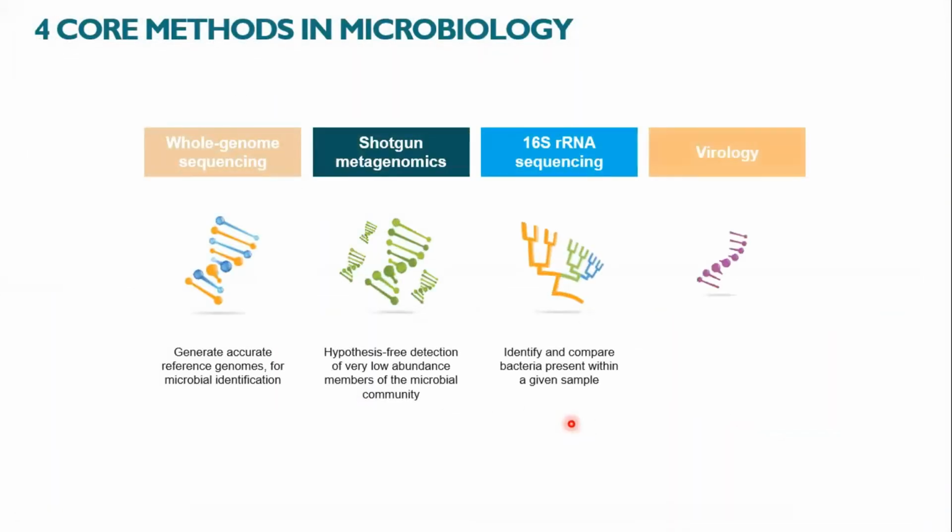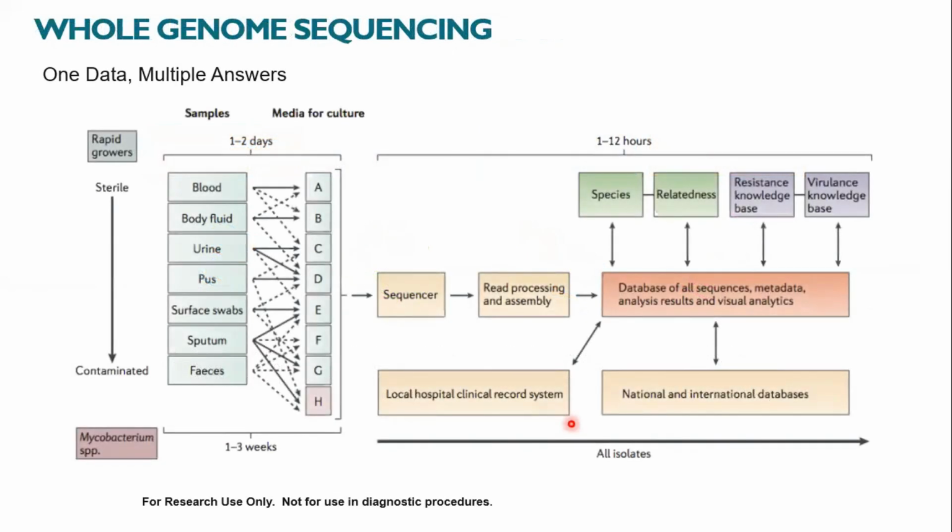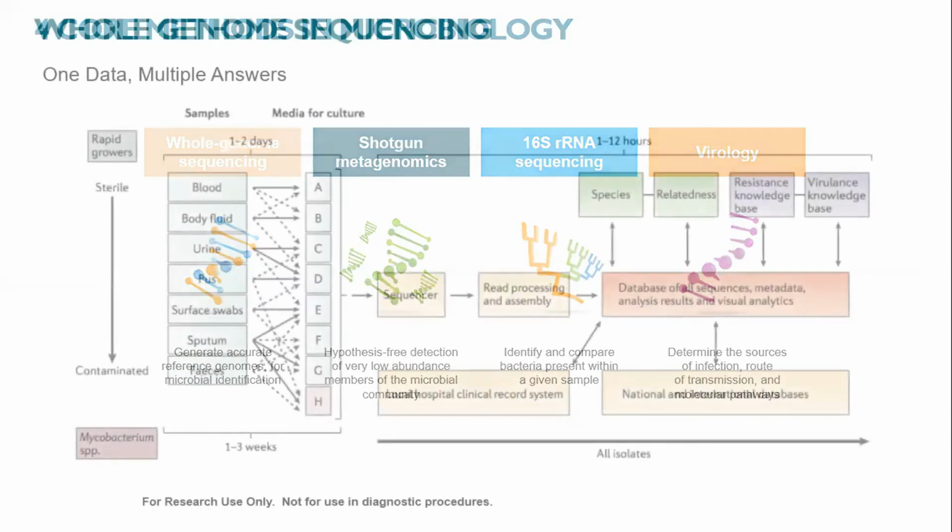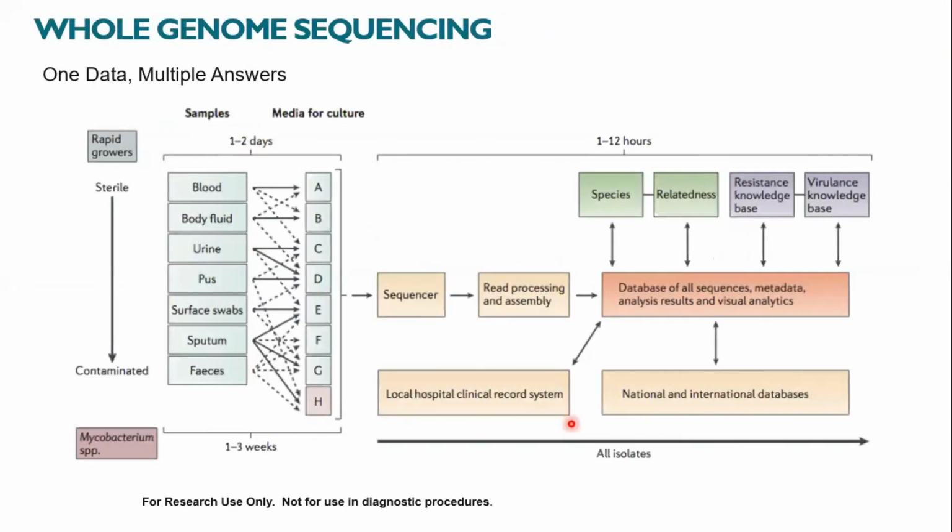In microbiology, the approach is whole genome sequencing, shotgun metagenomics, or 16S rRNA, or in virology, again utilizing whole genome sequencing, which will help us to know any drug resistant region in the genome. 16S rRNA is basically to know what kind of bacterial composition you have in the samples, and for metagenomics samples, from sequencing you could know the composition of a pool of the samples. Without culturing your bacterial or viral strains, you can directly sequence those samples and find out what is its composition.